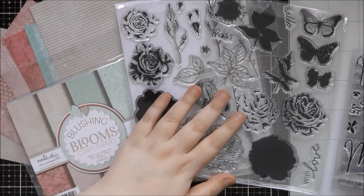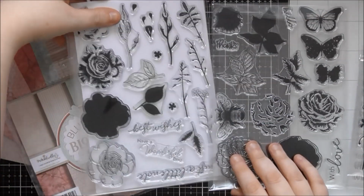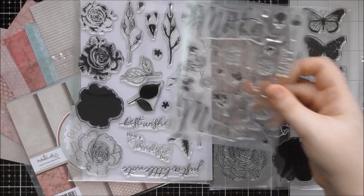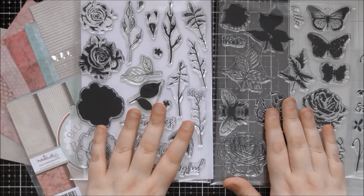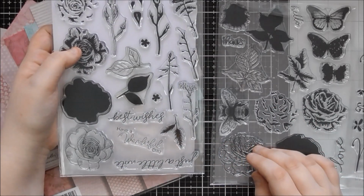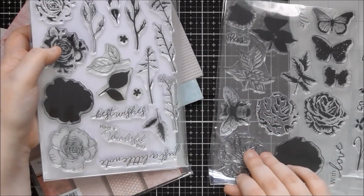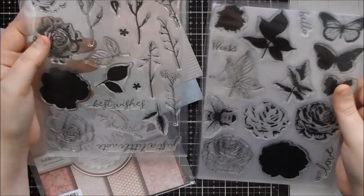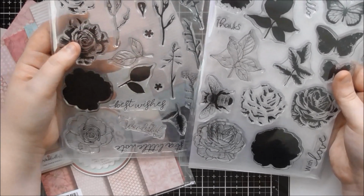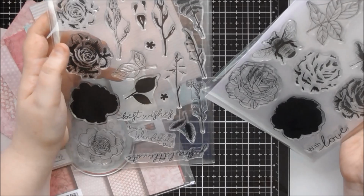And then the 2 main stamp sets in this release are really big. I think they're 6x8, because I think these are 4x6. And they've got layered stamps in them, which is really unusual. I don't think Polkadoodles have done layered stamps before, not that I've seen anyway. But you've got like 2 different types of layered flowers in here, and you've also got layered leaves